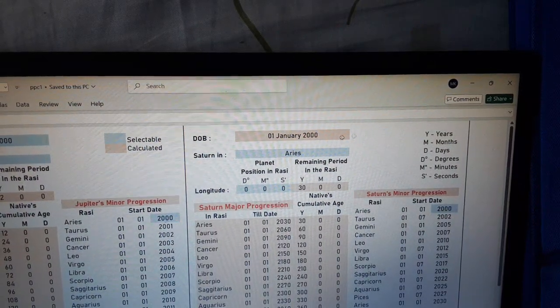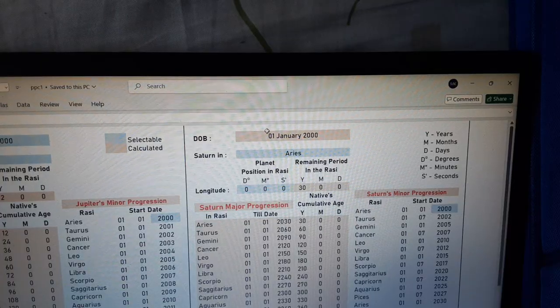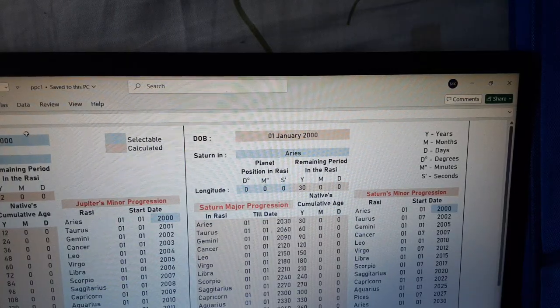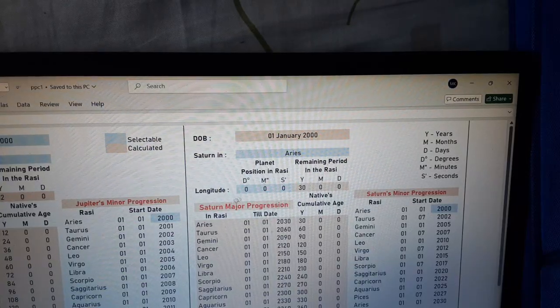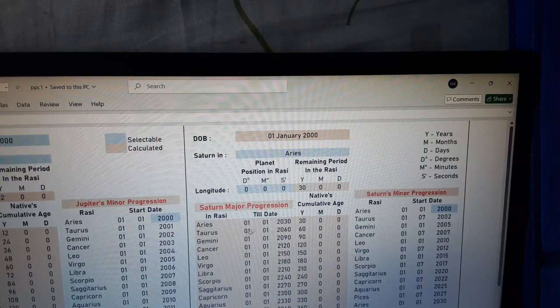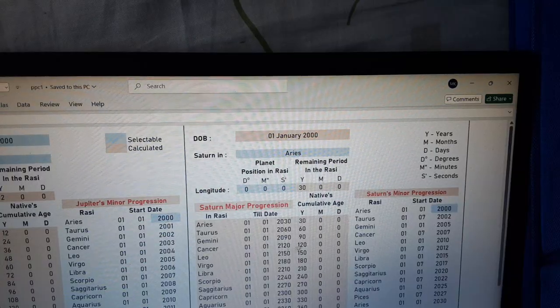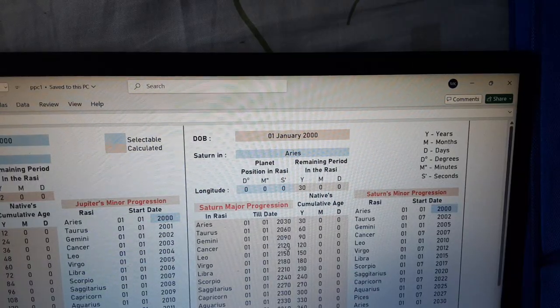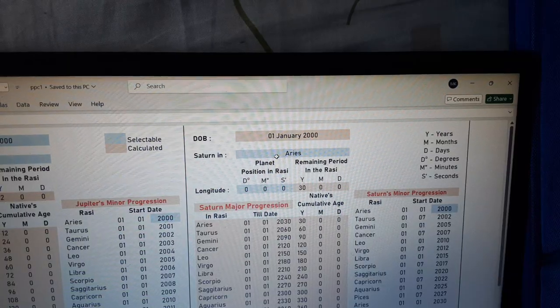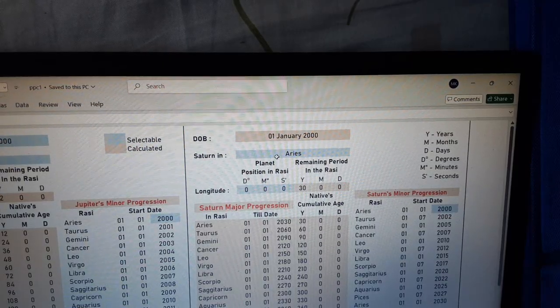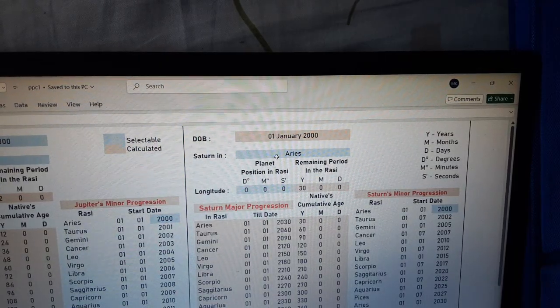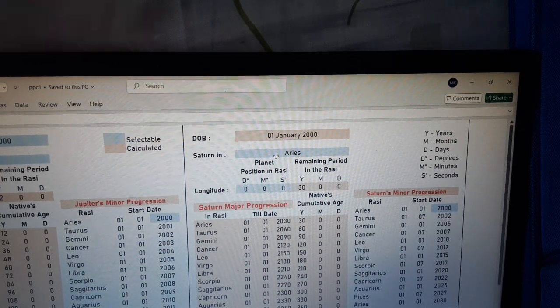And again, here you have to change not the Saturn part, but the Jupiter part. All the blues are for editing. This one is for editing, this one is for editing, this one is for editing. Whereas these components cannot be changed. They are fixed. They run according to the code given behind in the macro format, in the macros by Rajendra sir. Hope you have enjoyed the session, and do use the file,